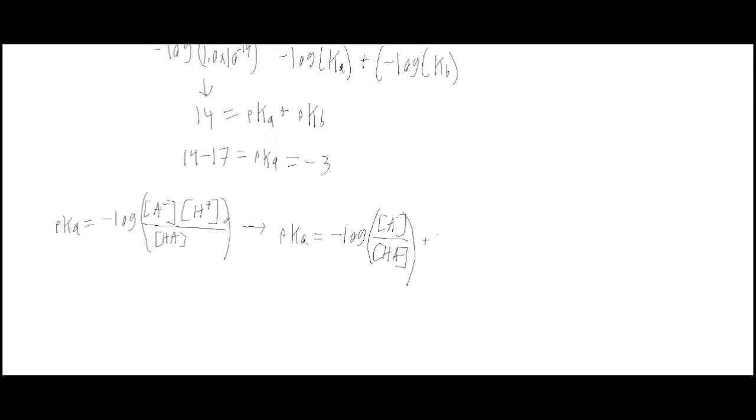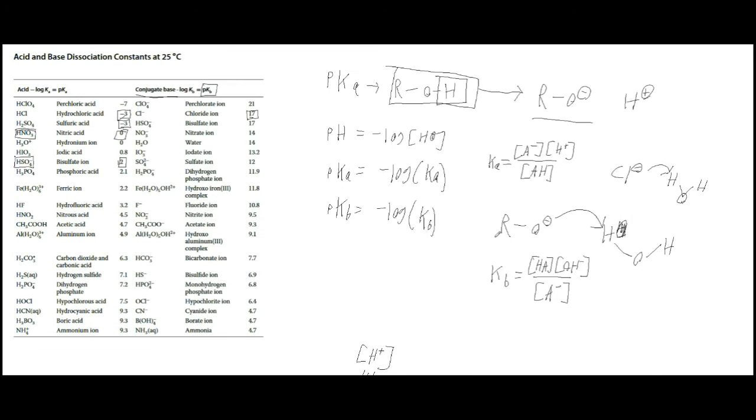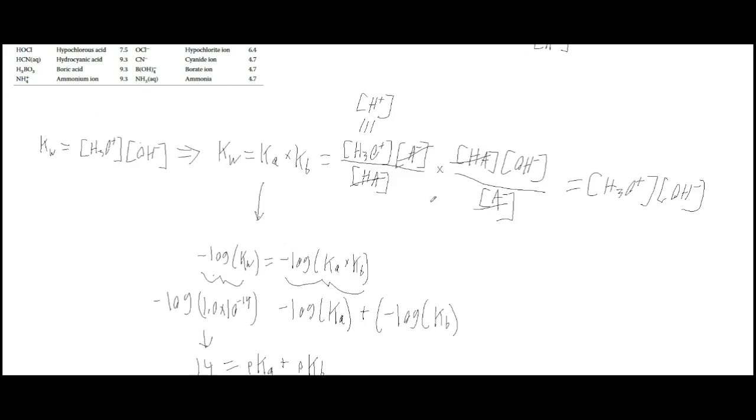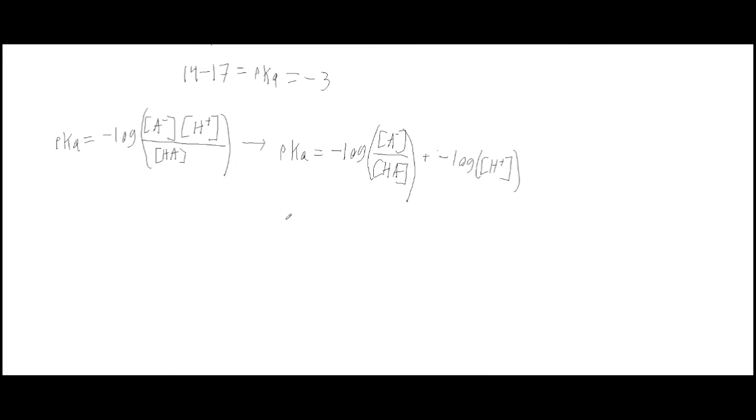That will be plus negative log, because we're interested in the pKa's here. So that's plus a negative log of this. And I said before that negative log of hydrogen concentration is the pH. And so here we have pKa equals negative log of A over HA